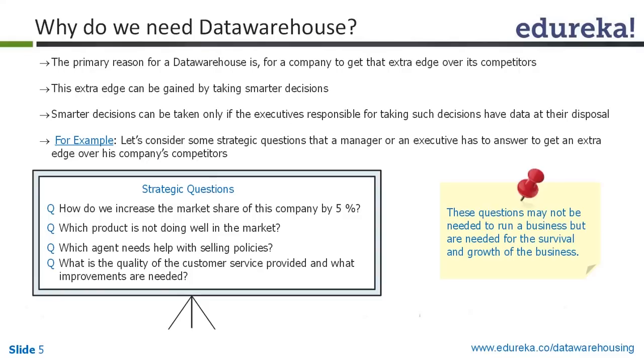And suppose I see from the data that this particular product is not selling as expected. So I will analyze why this product is not selling. What is the reason? Is this product not selling during a particular period of time, maybe from January to April, or is it not selling throughout the year? And then I'll be in a better position to make decisions to either not take the product or to suggest some improvements so that the product starts selling. So these are smarter decisions, and if you don't take them on time, then customers will obviously move out.